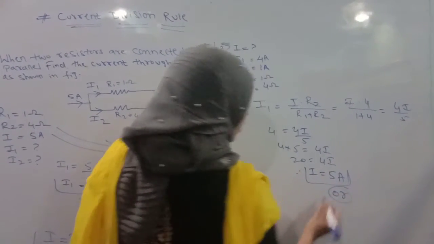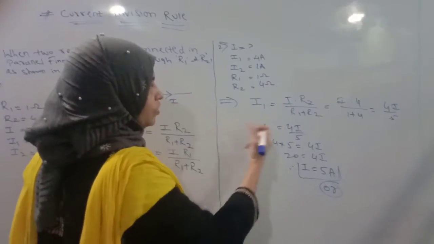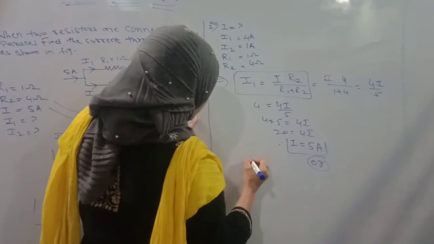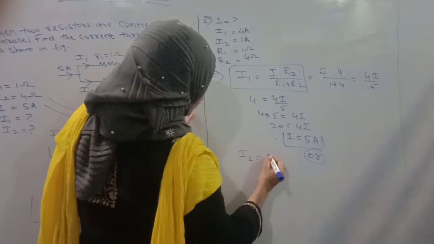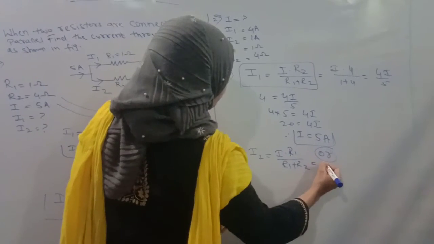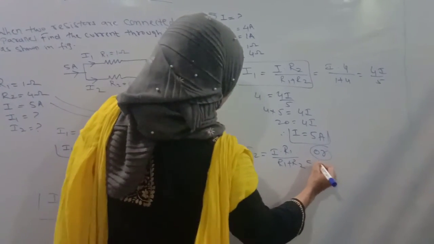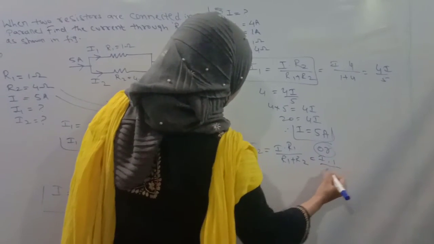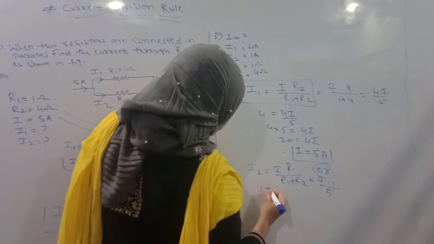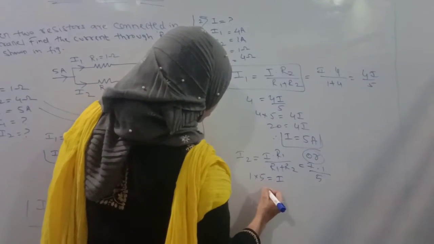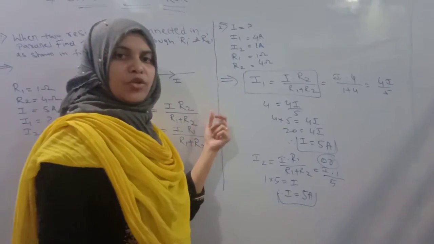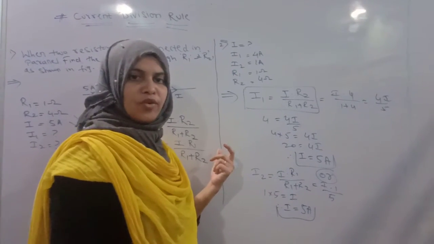Or, another way: with the help of the formula we saw in the first case, with I1 we have calculated the total current. Similarly, you may continue with the second one, R1 divided by R1 plus R2. You need to calculate I, and R1 is 1, divided by 1 plus 4, which is again 5. I2 is again 1, so 1 times 5 is equal to I. In short, I is again 5 amperes. If you use either formula, you will get the total current as 5.